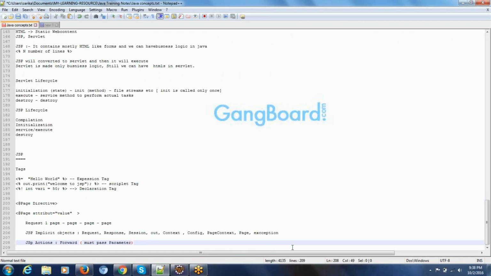Now include. Include is something like we are going to include some other page in our page, some static page. This is going to be static always. To avoid the code in our JSP page, what we are going to do is create one JSP and have our content there, and we are going to use it in our JSP. For example,